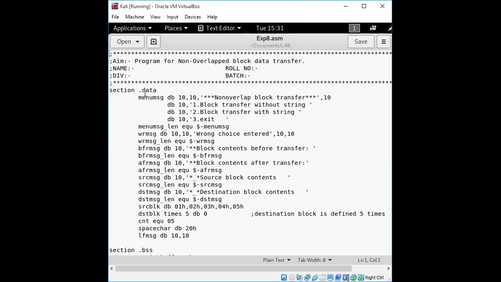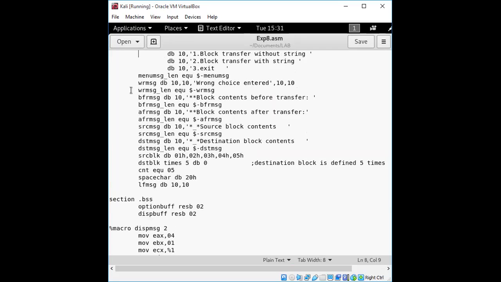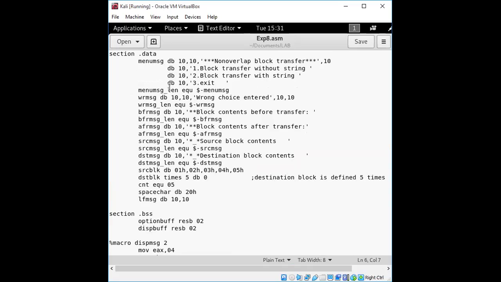This is for a block transfer with non-overlapping content. We'll take most of the things, and variables we will refer to in the same way, but there is some changed logic, so we will just make a change in this.